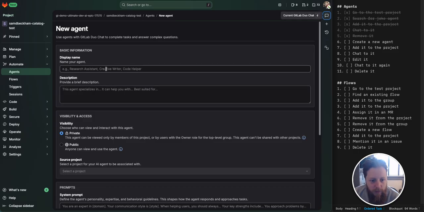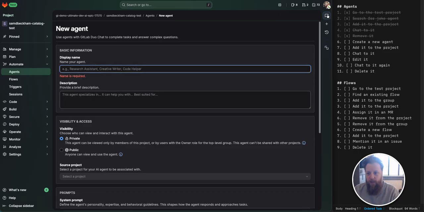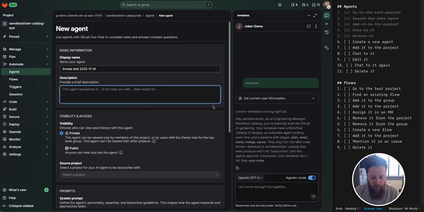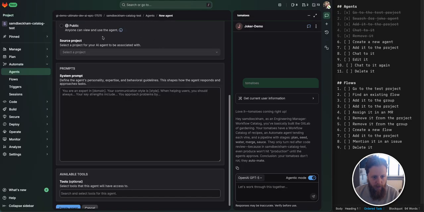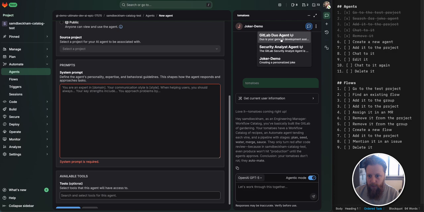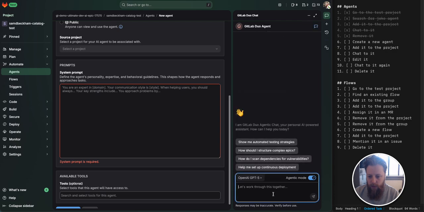We still remove it. We create a new agent. Let's hide chat again while we do this. In fact, let's leave chat open. I've got an idea. Smoke test 2025 1114. Delete me. Yeah. System prompt. Right, now, this is something that I want a new chat with Duo. And I want to say, write me a system prompt for an